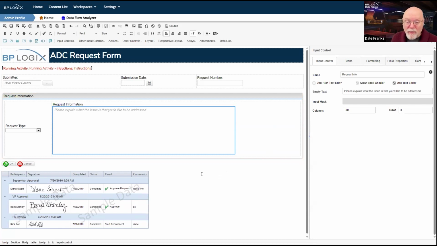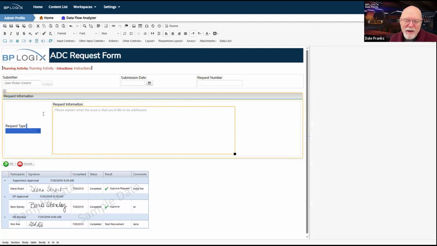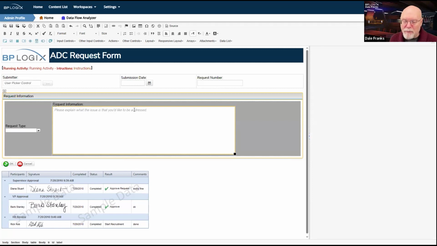Now, I do have a big problem with what I've done so far in terms of the look and feel. I'm not happy that this control here is in the middle and this control here fills up the entire vertical height now because I've made such a large control. I really do want this to be even with the top. Now, the reason that it's not is because of the default properties of cell alignment. I can fix that, of course.